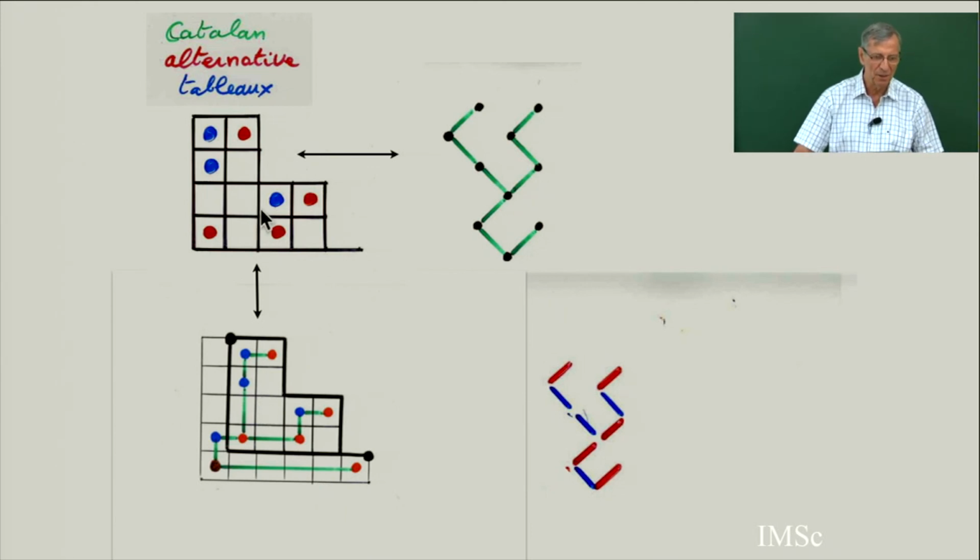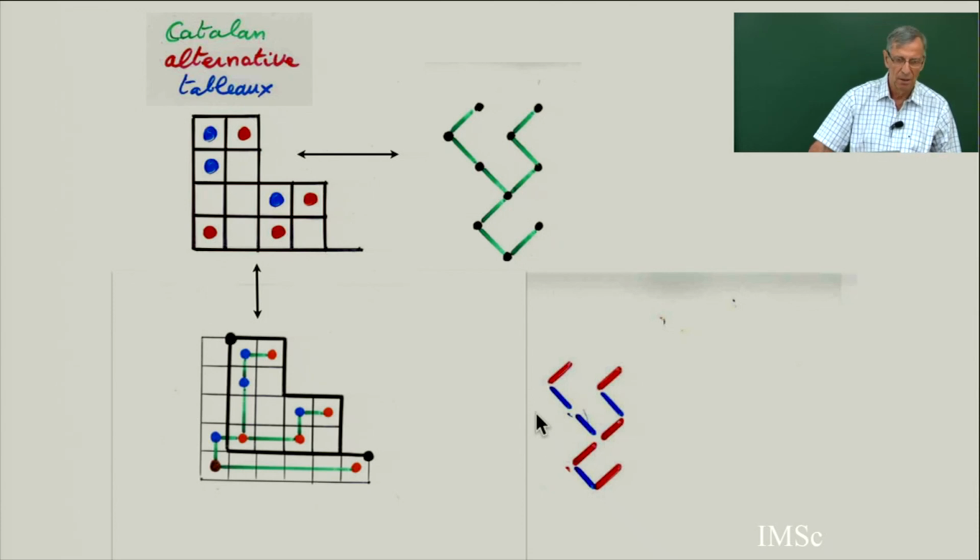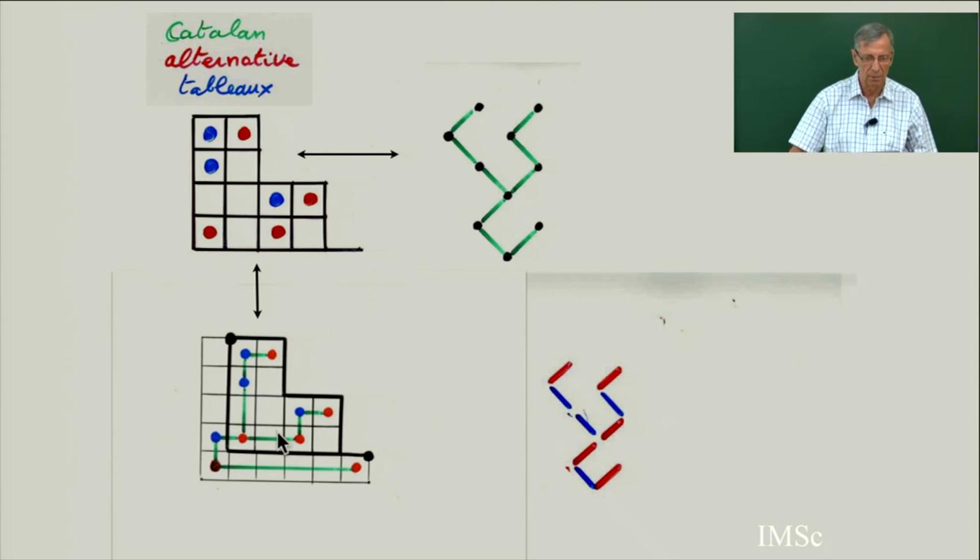So we start from this, we rotate. This gives me this binary tree. This binary tree is here, and in the algorithm, rotating and doing the jeu de taquin, I get this binary tree. And you can see that this is the same as this one. It's not obvious to see, because here I have a Catalan alternative tableau. I don't add any row and column. I push my sliding, a kind of jeu de taquin on the binary tree. I get this binary tree. And this binary tree is exactly the same as this one if you rotate.